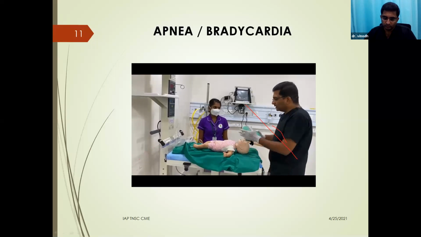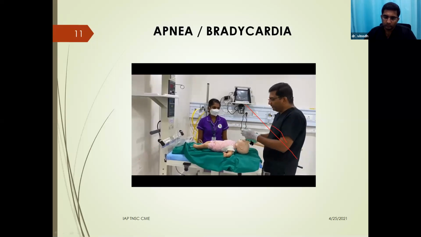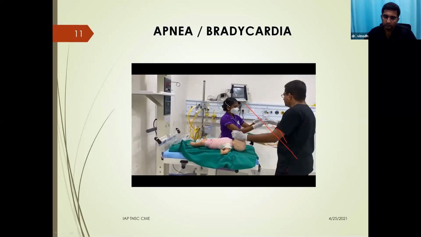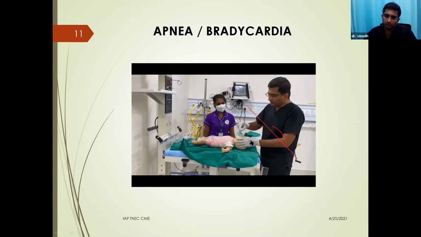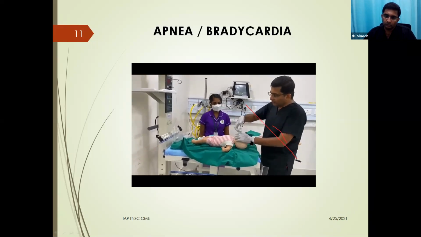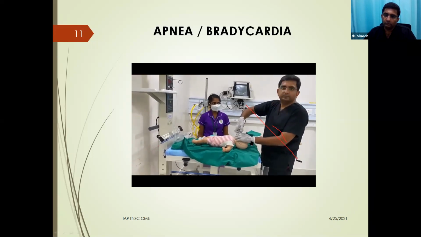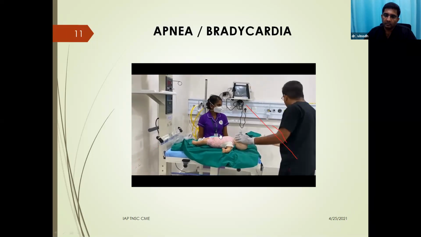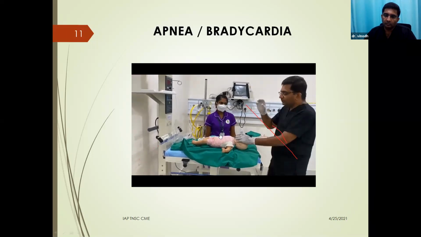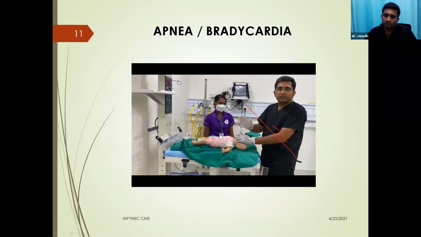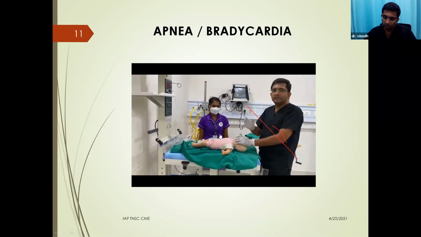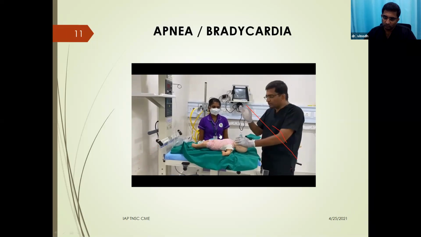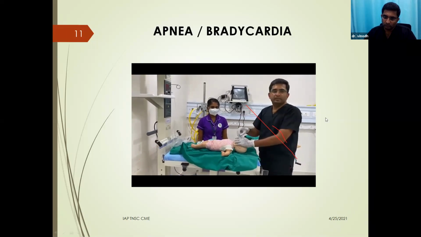Another way of giving positive pressure ventilation is the T-piece resuscitator. The same way, you need to keep the mask, and positive pressure ventilation can be given by occluding the valve here. The desired PIP can be set here and it can be delivered to the baby. Give effective positive pressure ventilation for 30 seconds and then reassess. Reassessment means again look for the heart rate and also respiratory effort in the baby.